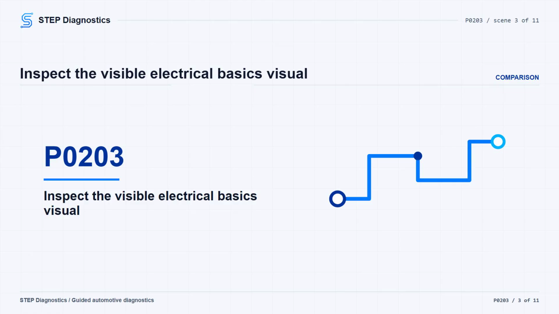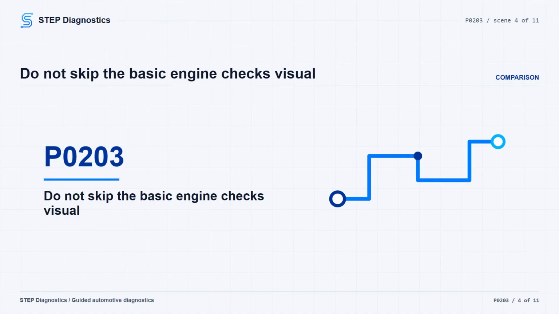Check the harness for damage, chafing, and routing. Check fuses, circuits, and connectors for continuity and correct installation, and make sure the related components are actually connected. If more than one circuit fault is present, look for a shared power or ground problem instead of chasing each symptom separately. Before you chase the injector circuit only, make sure the rest of the engine basics are not creating